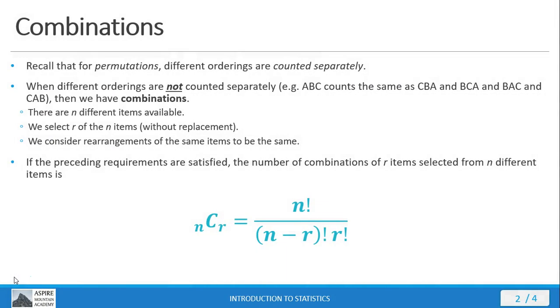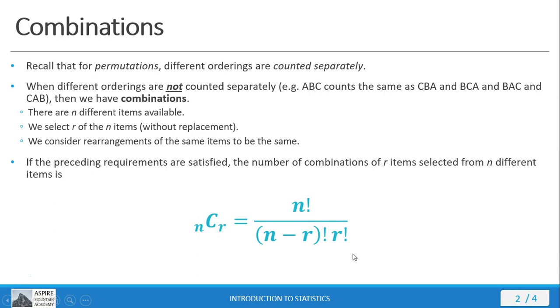Remember, in the previous mini lecture, we talked about permutations. We said that the order of the elements matters. Well, if the order of the elements doesn't matter, then what we're calculating are combinations and not permutations. You can see the formula for calculating combinations here at the bottom of the screen. And if you look at this equation, you'll notice that it looks amazingly similar to the one we were using to calculate permutations,